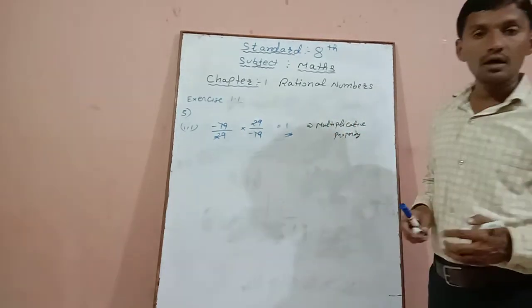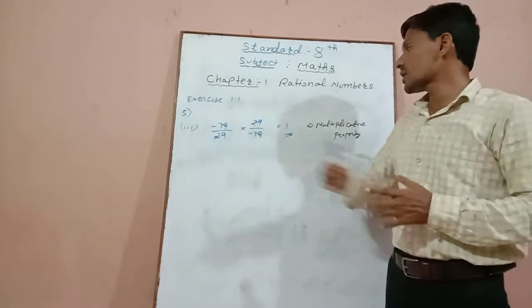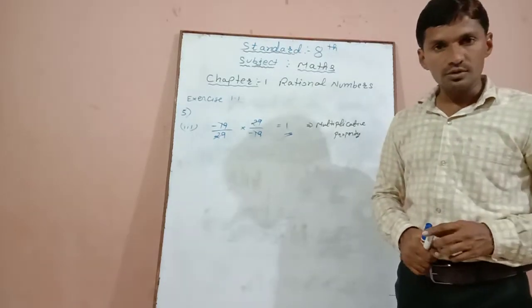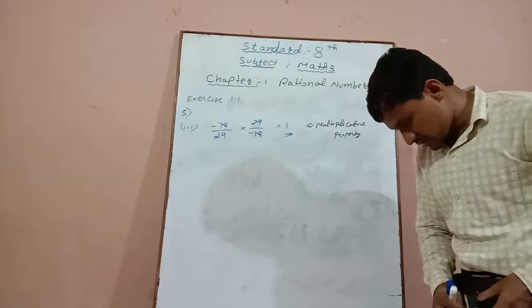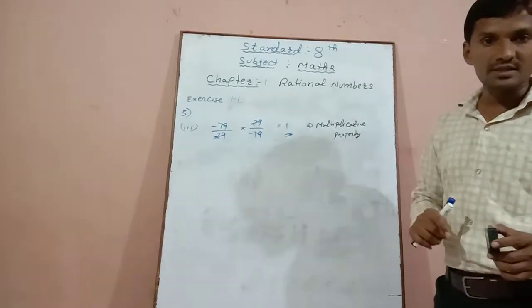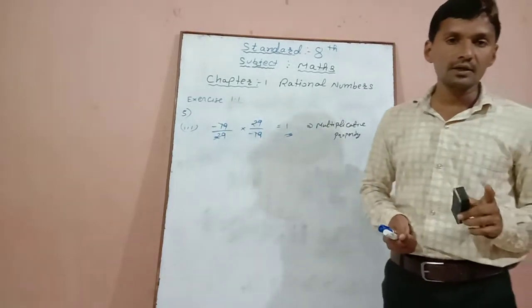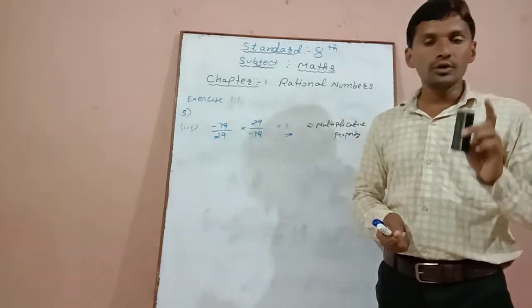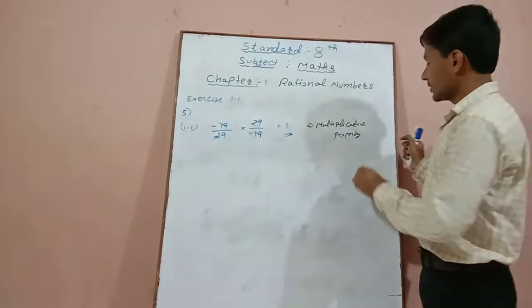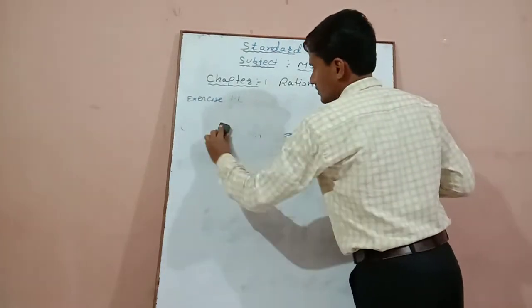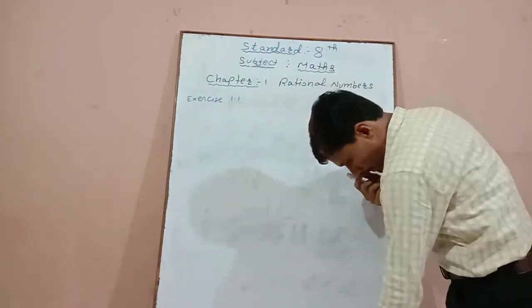So this is question number 5, the third question, and with this third question, main question number 5 is over. In main question number 5, three properties have been covered. The first one is multiplicative, the second one is commutative, and the third one is also a multiplicative property. Now question number 6.